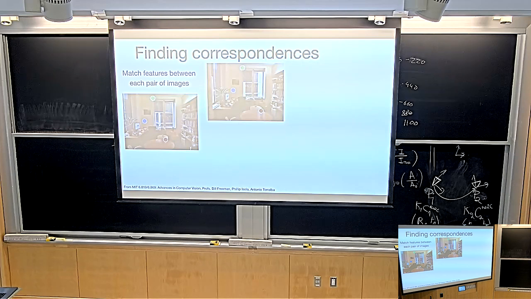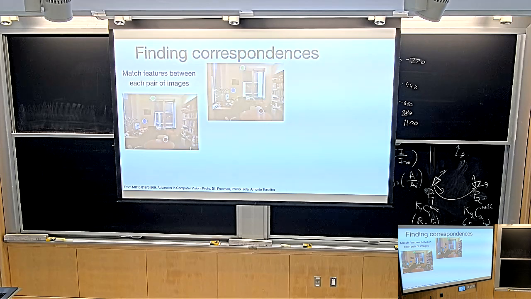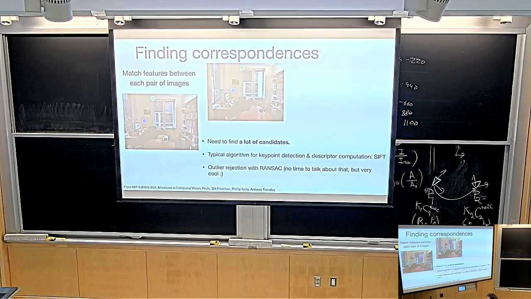And so it turns out that these descriptors, like SIFT, work by identifying local geometry that is likely to be robust to lighting changes and that you're likely going to easily find in the other image. They work by, for instance, computing gradients in the image and then doing a histogram of gradients or whatever. But we're not going to talk about it too much. The basic idea is you pick information-rich pixels in this image, you compare them to all the pixels in the other image, and if you do a good job at that, you can find correspondences. Does that make sense? Excellent. That's all we're going to talk about.